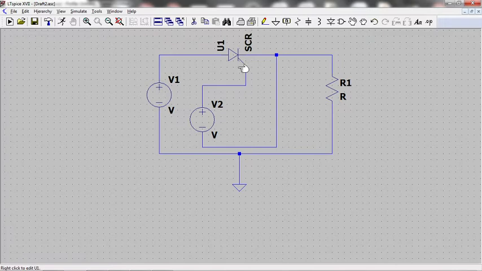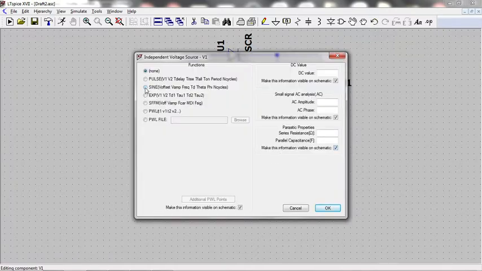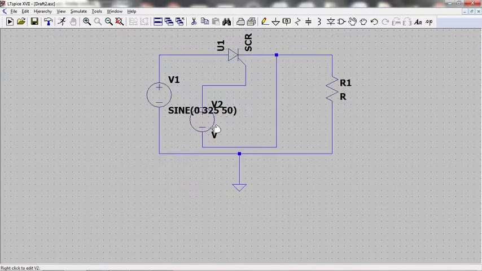Okay. Now I am using this voltage source as a power source. So you go to advanced, sine, because it is a sinusoidal voltage source. Offset is 0, amplitude I will choose 325, frequency 50 hertz, delay and the rest keep as it is. Here I am choosing the voltage source as 50 hertz, whose peak value goes to 325 in the positive peak, as well as in the negative peak it goes to minus 325. Such a voltage source I have chosen.